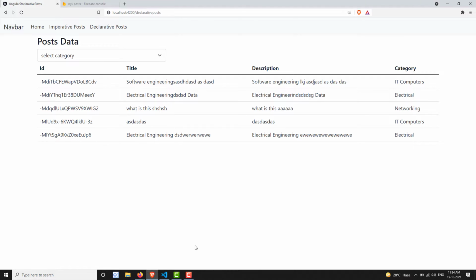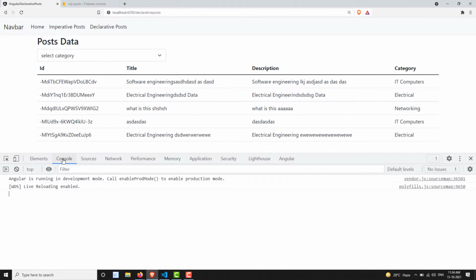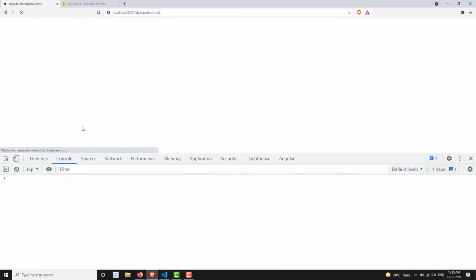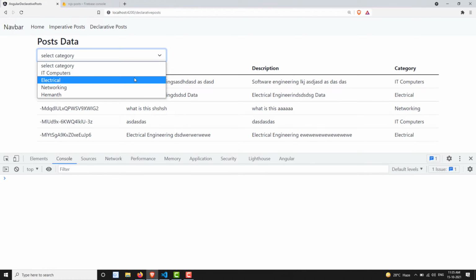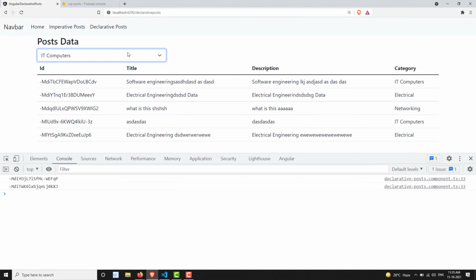Fine. Now let's see the output. I go into the inspect element and I am in the console. I am refreshing the page, and let's refresh it again. Now I am changing the category. When we change the category, we are able to successfully get that particular category ID.